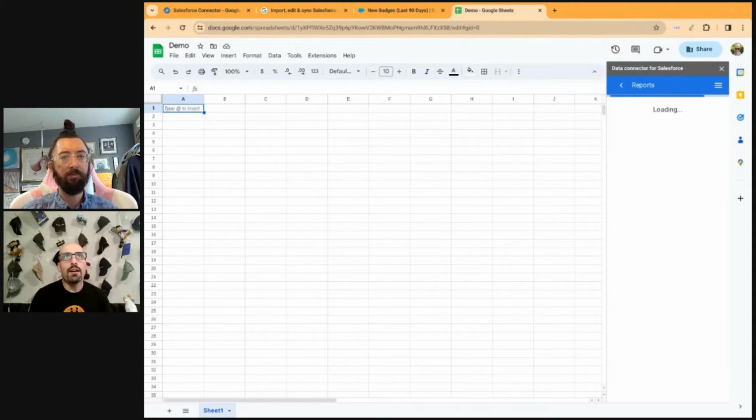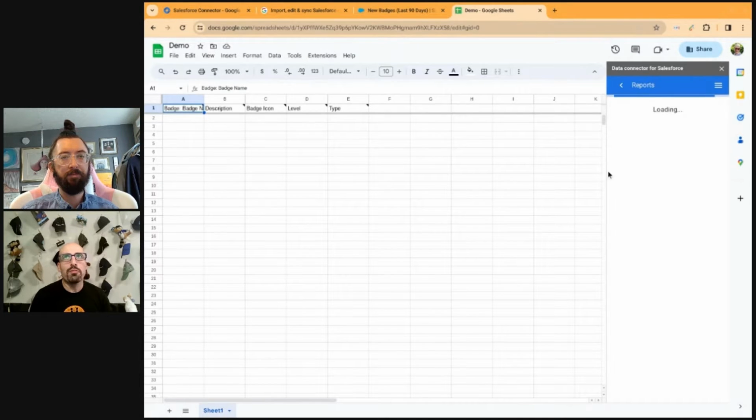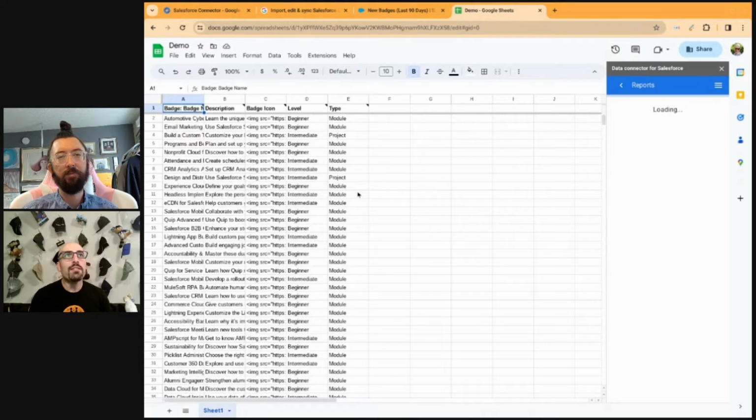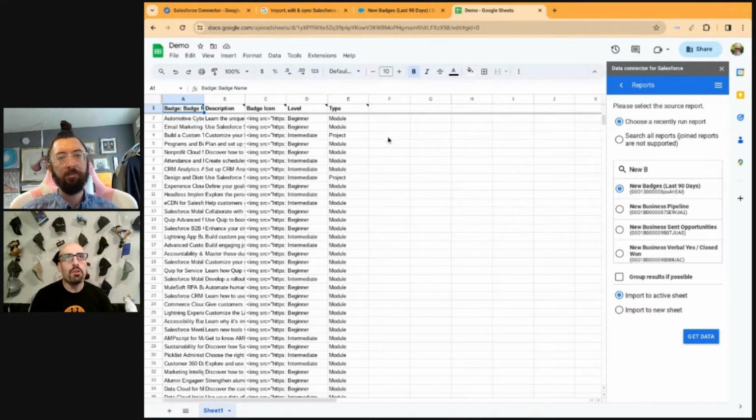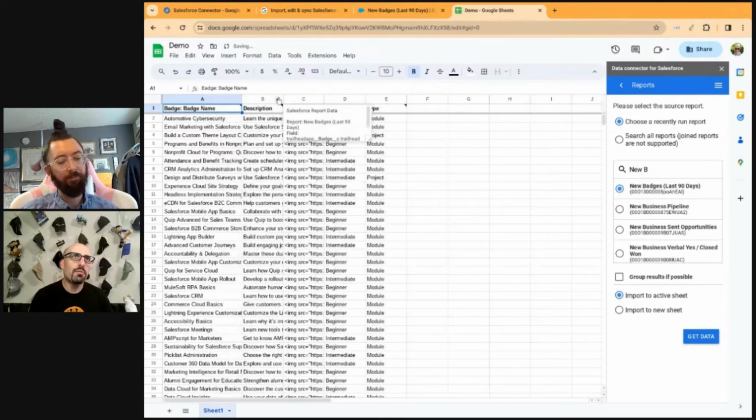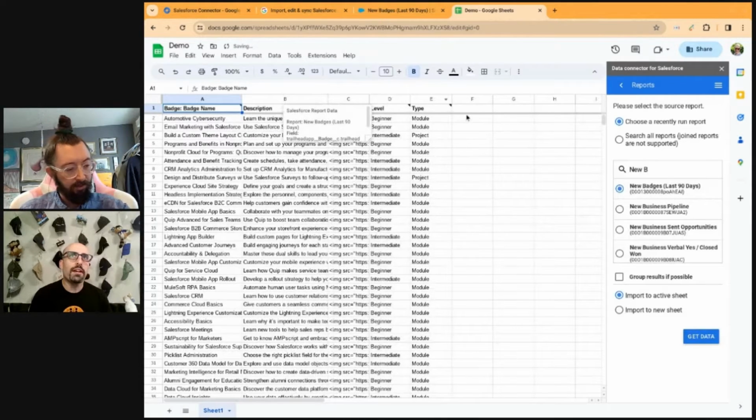The power of getting data out of Salesforce is not revolutionary. What is nice is when you combine this with formulas or macros or pivot tables or something like that, then you're taking it beyond just, I did an export, big deal. And so, of course, once it's in here, I can do all sorts of stuff. I could do,